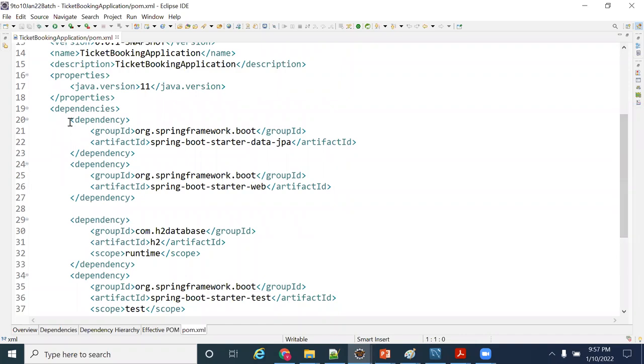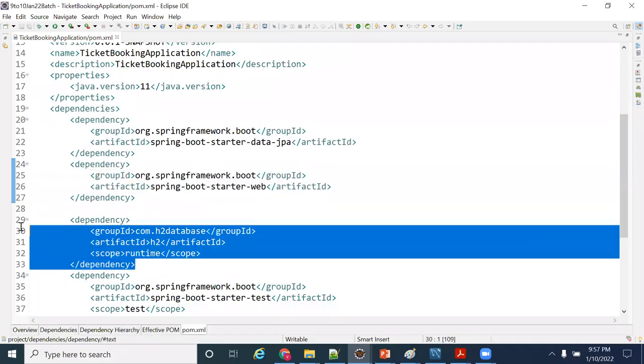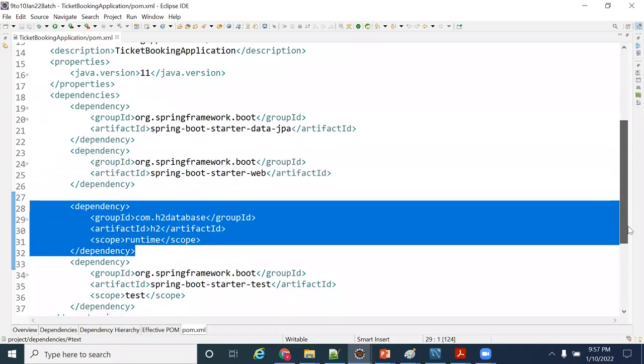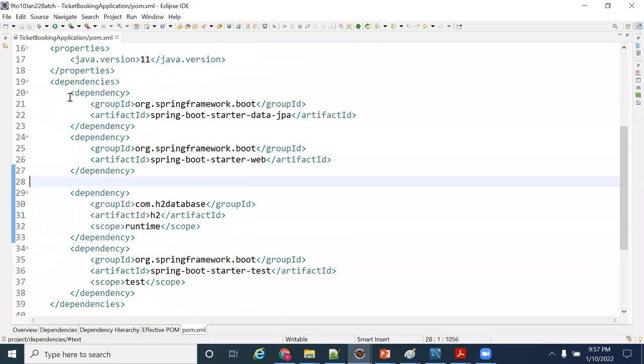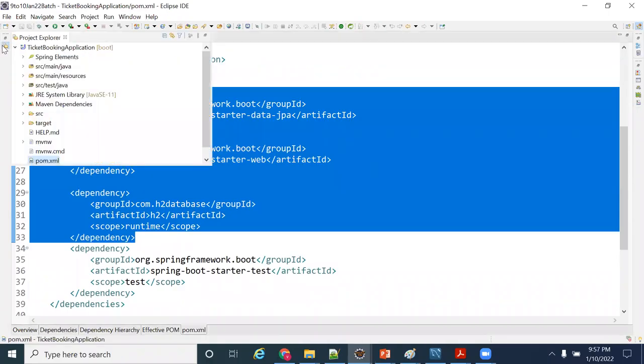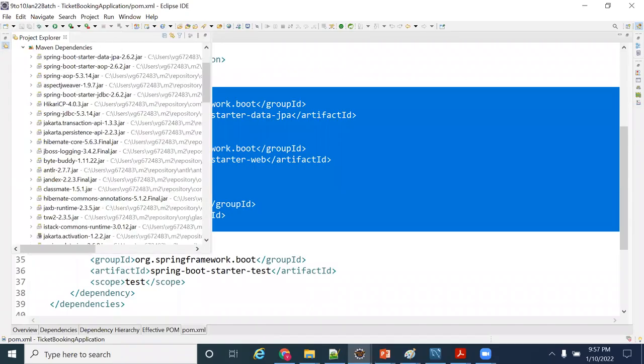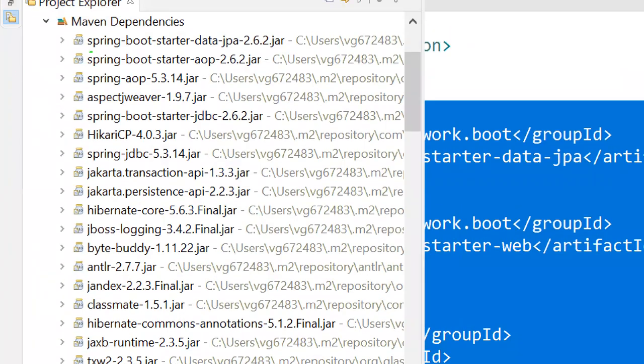Yes. It created the JPA dependency, web dependency, H2 dependency, and also some others. These are the 3 I've selected, and automatically the dependencies came. Now in Maven dependencies, the JPA jar came.